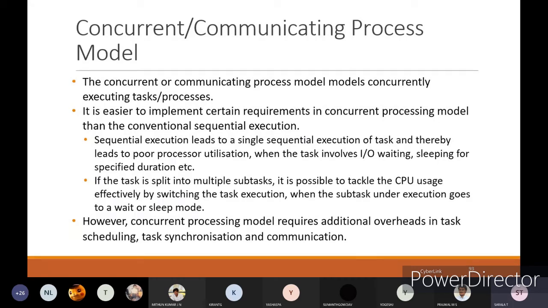It means deciding which function has to run first, which function has the highest priority, and which has the lowest priority, and arranging them properly. Also task synchronization has to be done, and communication has to be maintained from one task to another task. That is the main part of your concurrent process model.